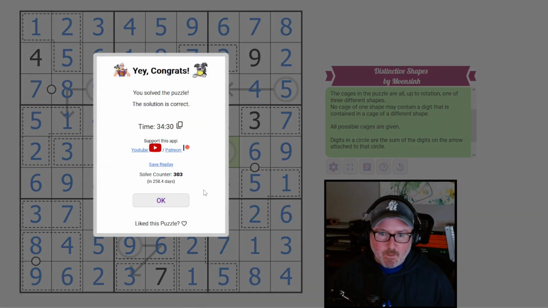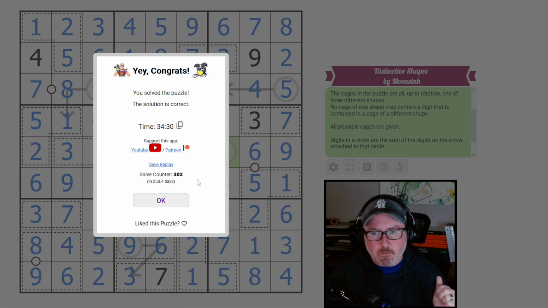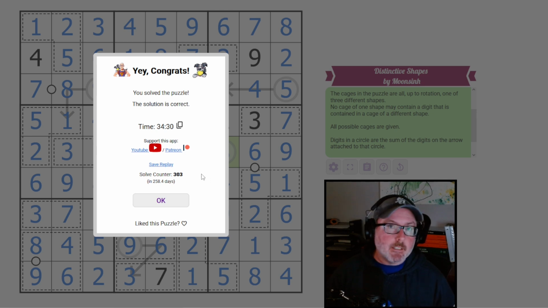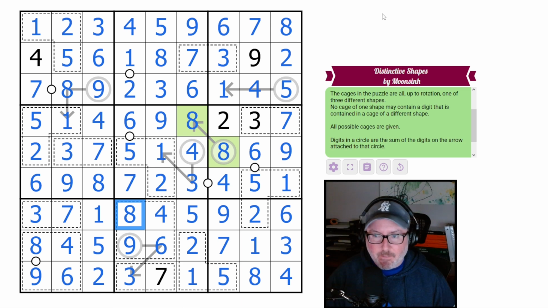You solved the puzzle. Solution is correct. Cool. So, wow, this has been out for that long? Or maybe this is probably something that was created some time ago, but it was only very recently posted to Logic Masters Deutschland. So the 258 days just means when it was made, but not necessarily when it was posted, because it only has 303 solves. If it only had 303 solves in over 258 days, it would be probably a very difficult puzzle. But anyway,